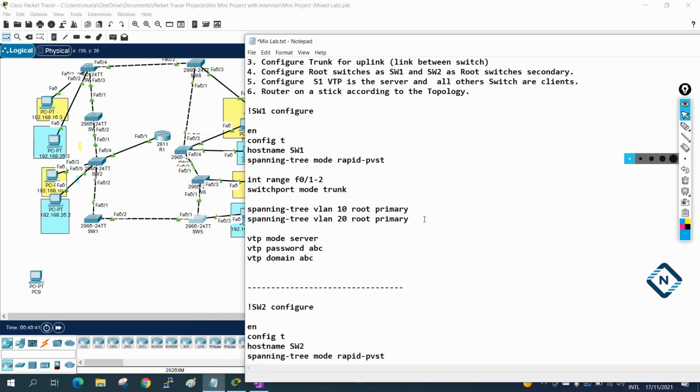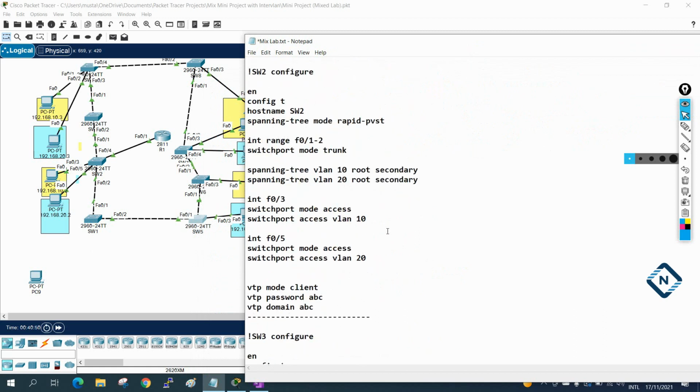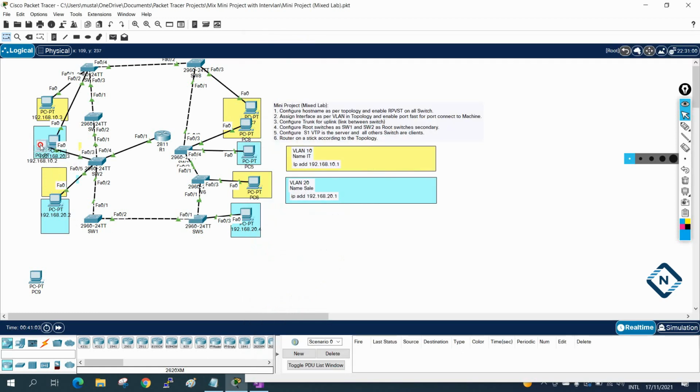So here where we configure this switch, nothing is configured. In this switch we have two ports, FastEthernet 0/3 and 0/5. We need to enable the port fast. Okay, so let me do that one. What we can do, we can go one by one. Okay, so let me select here. This is switch 2. Okay, and we have 3 and 5, right? 3 and 5.